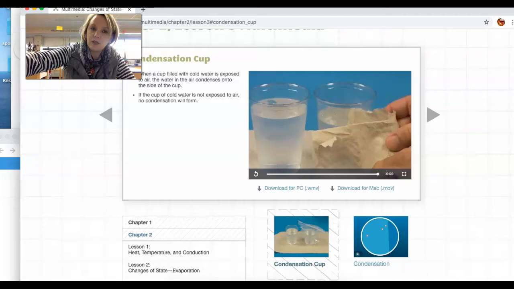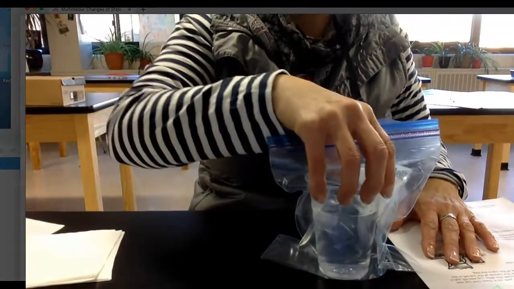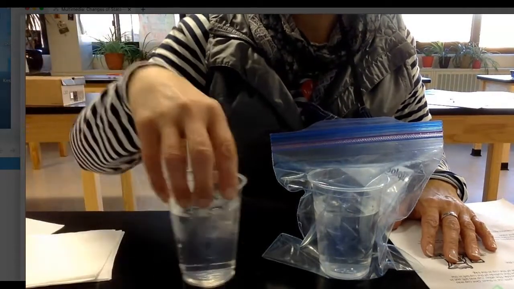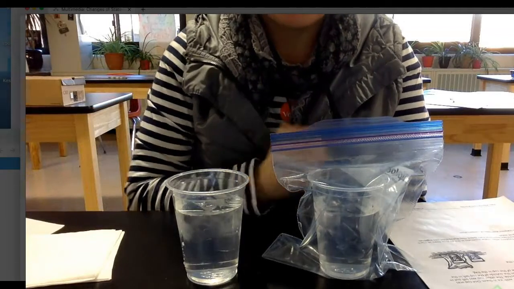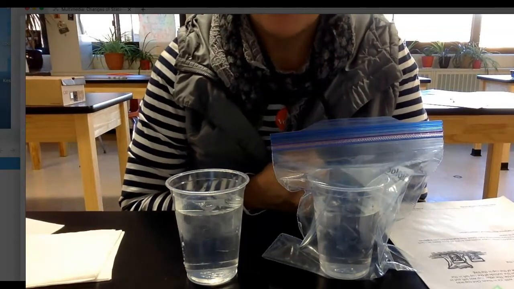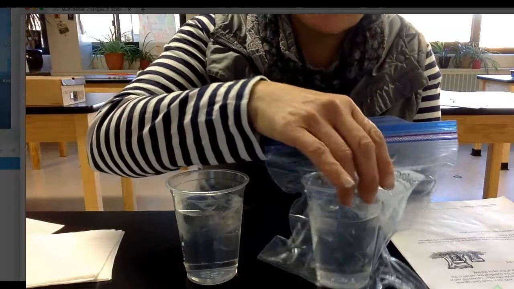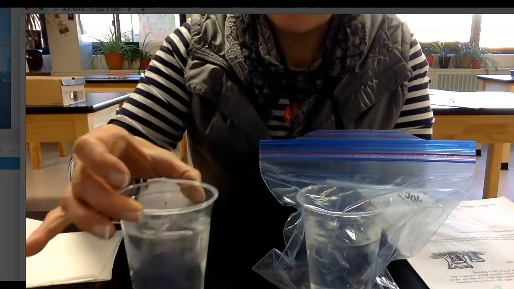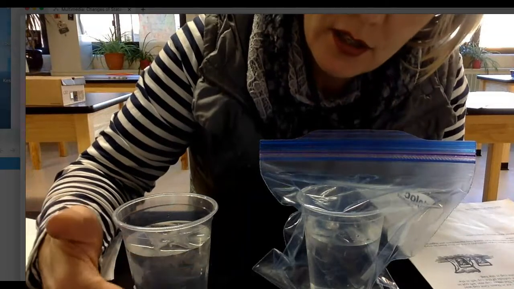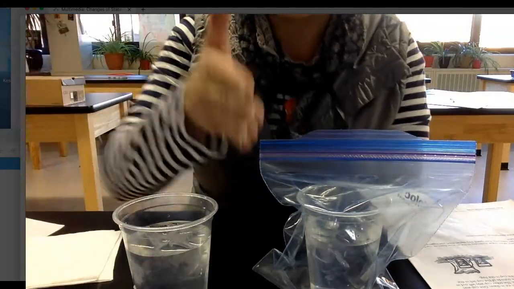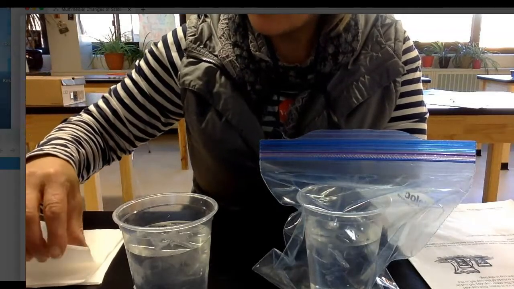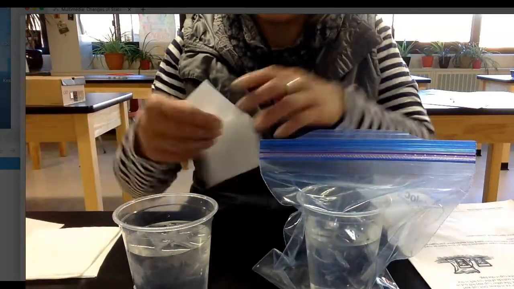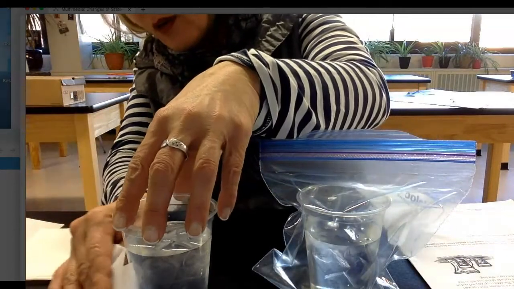Now I'm going to make this big screen so you can see. I started out with 2 cups of ice water. This cup of ice water is exposed to the air around it, and this cup of ice water is sealed in a Ziploc bag. The reason I set these up this way is so that you could see the difference in the amount of condensation occurring on this glass as opposed to the cup that's in the bag. If I take a paper towel and I wipe the cup,